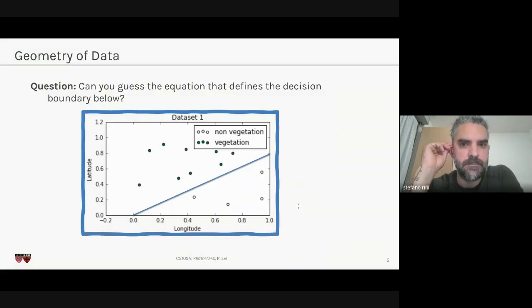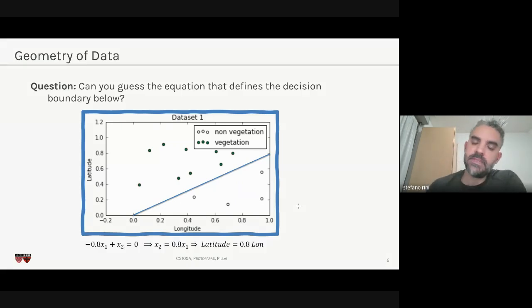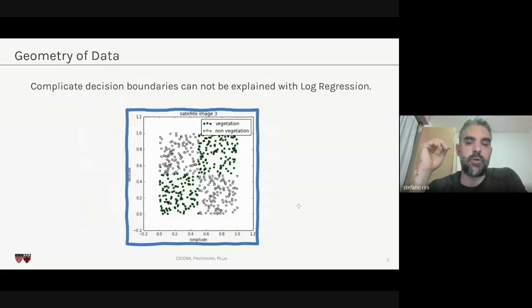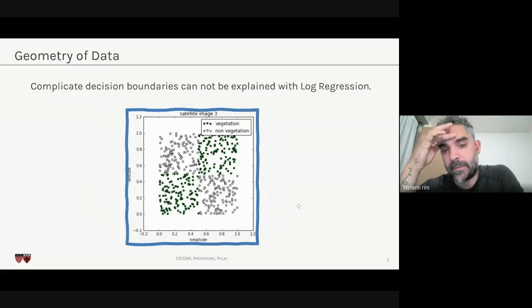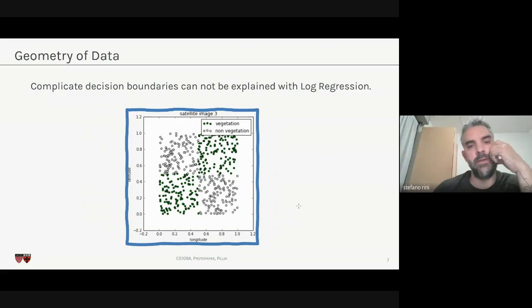So this is what we saw in the last couple of weeks, right? That sometimes it is easy to separate data if there is a linear boundary, but if there is a more complex boundary, then it would be very hard for us to create a model that separates the data in, let's say, non-complex regions.